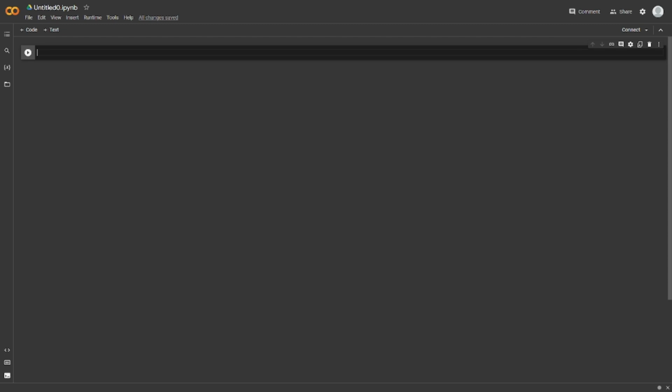Today, we're going to be building an exciting project that involves predicting loan approvals using machine learning. Predicting loan approvals is a common task in the finance industry, and in this tutorial, we'll leverage machine learning to build a loan approval prediction model. By analyzing various factors such as income, credit history, and property location, we can make accurate predictions about whether a loan application will be approved or not. By the end of this video, you'll have a solid understanding on how to implement this solution using Python and